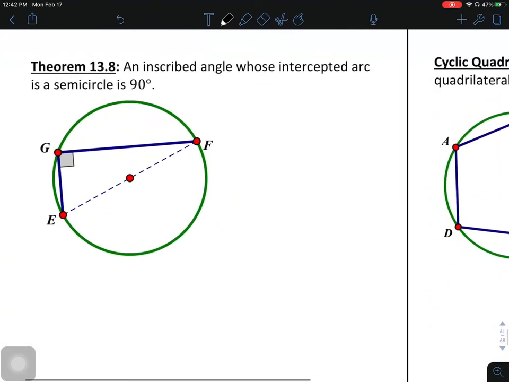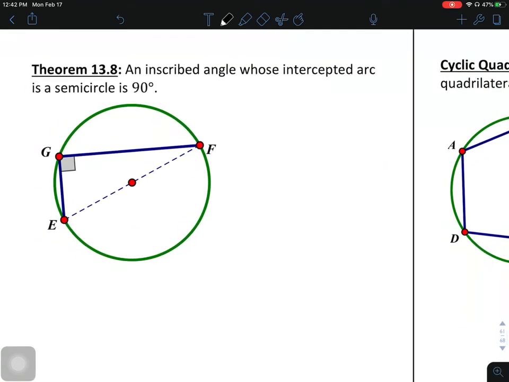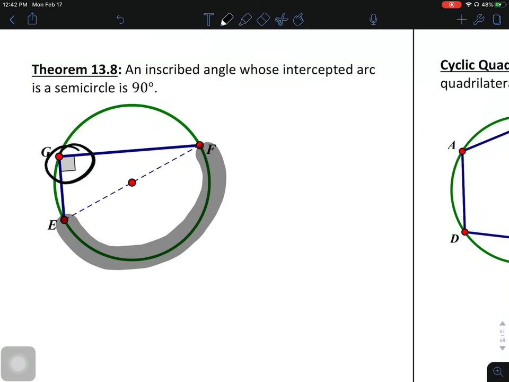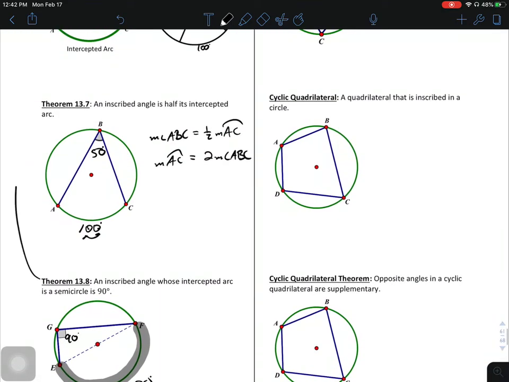Theorem 13.8. An inscribed angle whose intercepted arc is a semicircle measures 90 degrees. So in this picture, the intercepted arc is a semicircle. So it's telling us that the inscribed angle here has to be 90 degrees. It makes sense because this has to be half of 180 and half of 180 is 90. This is just a more specific version